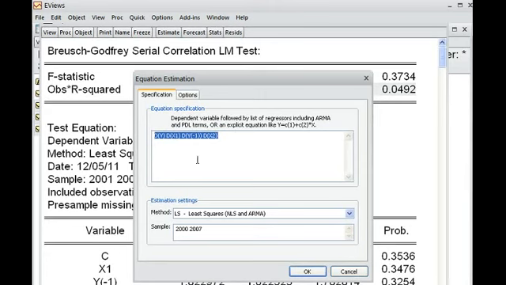So all the variables are now converted to first difference.